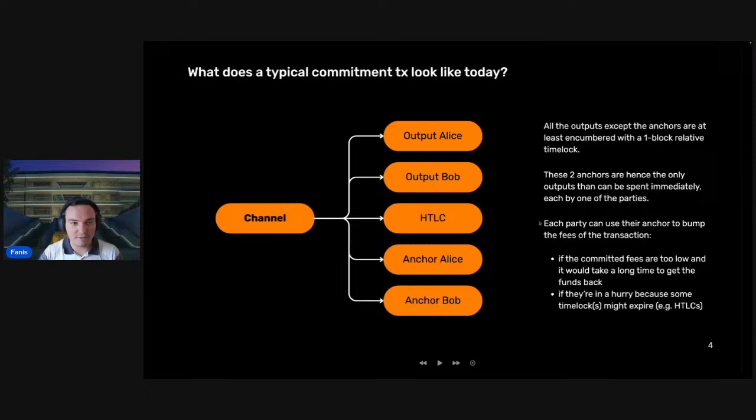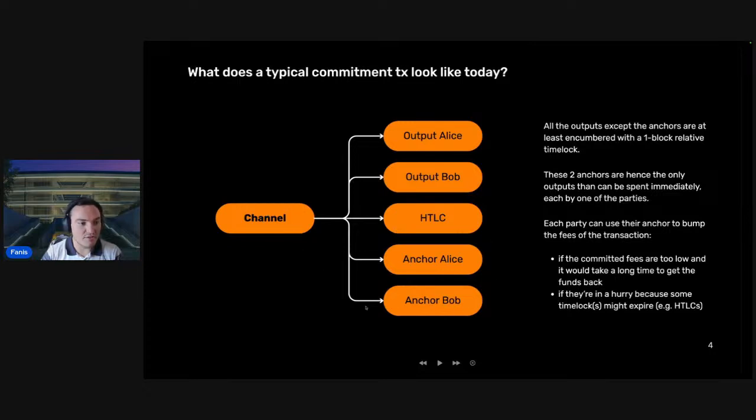And so we'll cover why we need the anchors in a bit. But what are the use cases for wanting to confirm channel force closes quickly? One of them can be that the fees that are in the commitment transaction are too low. And so, for example, it would take a long time for the transaction to confirm. And as a reminder,